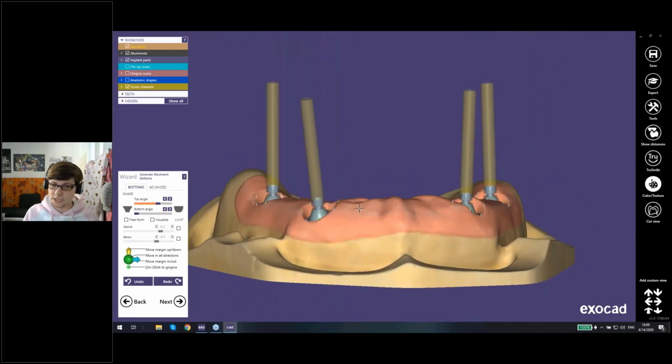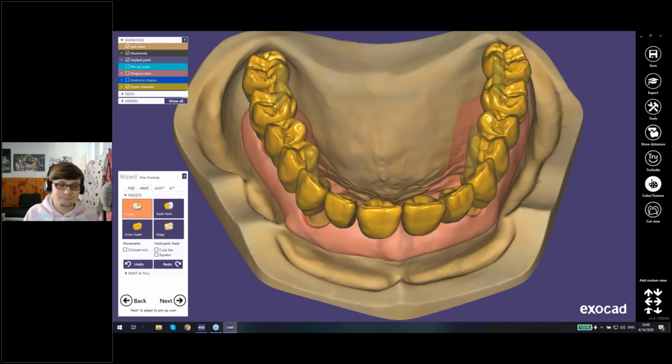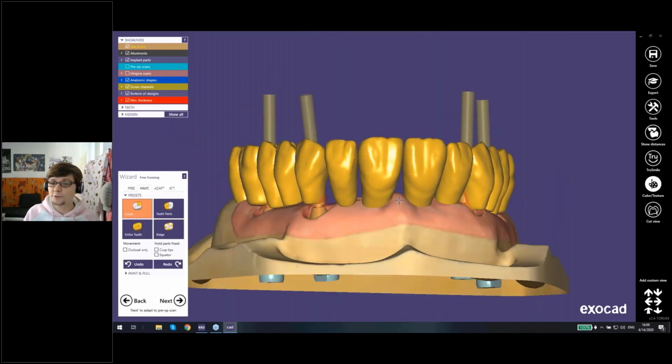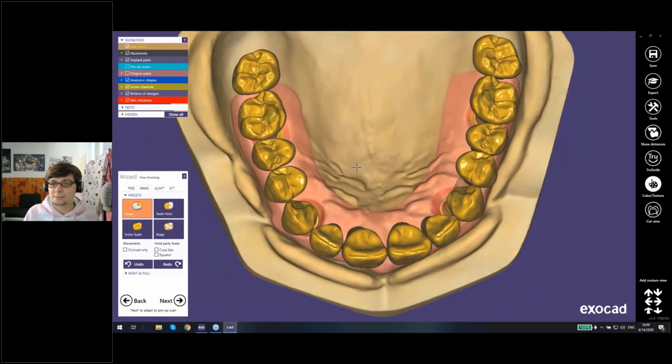So that's it for now with the abutment bottoms. Then I go to the next step. And now I can freeform my anatomic shapes. There's no real reason to do that at the moment. And since I'm